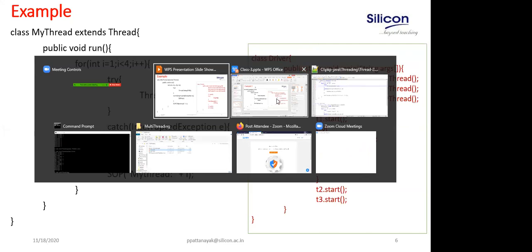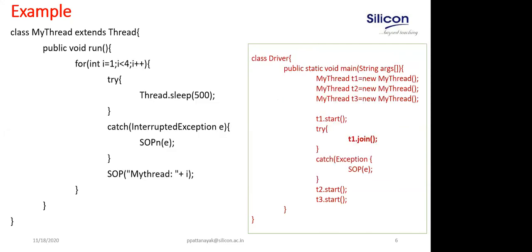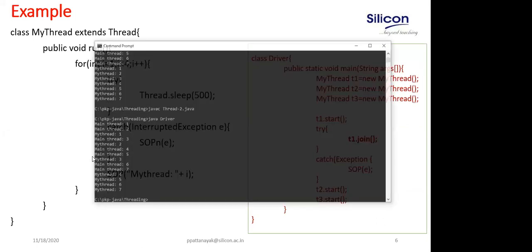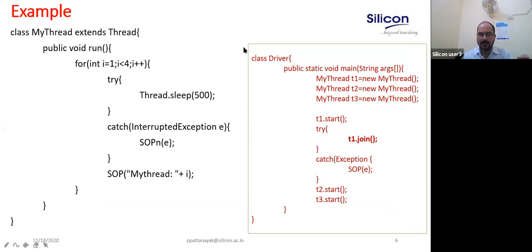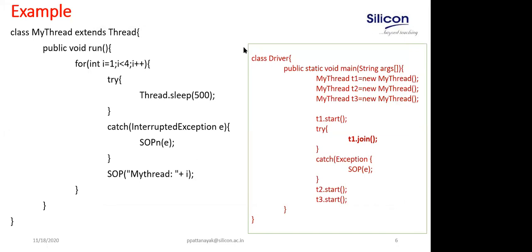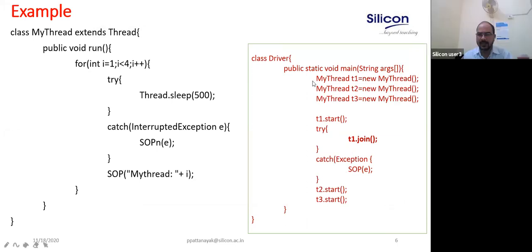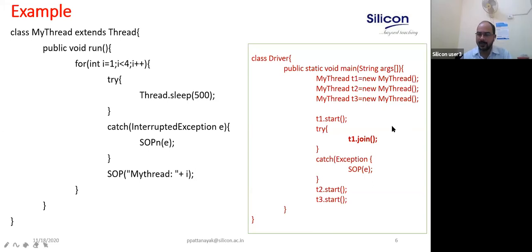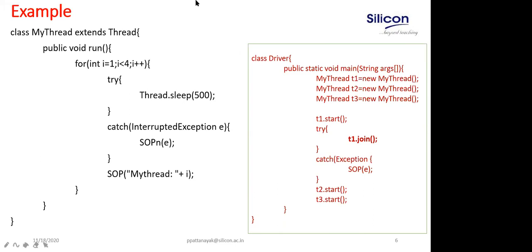Sir, it was mentioned that join throws InterruptedException. It is interrupted. For example, it has to interrupt the main thread. In this scenario, it needs to interrupt the main thread. The main thread is either in the ready queue or using the CPU, so it has to interrupt the main thread: hey, you have to stop, let T1 complete. Yes, sir. Okay, so this is not an interruption as such.